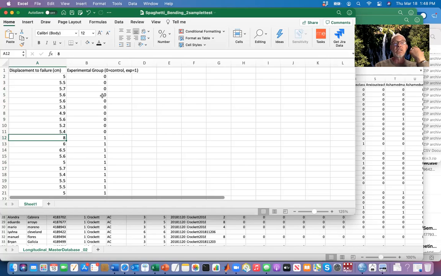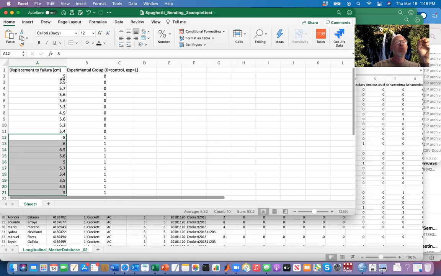And so we did this as a two-sample t-test, comparing the mean of the control group with the mean of the experimental group. And so we're going to do exactly the same thing here, only we're going to use the matrix algebra of multiple linear regression. So the first thing we're going to do is,